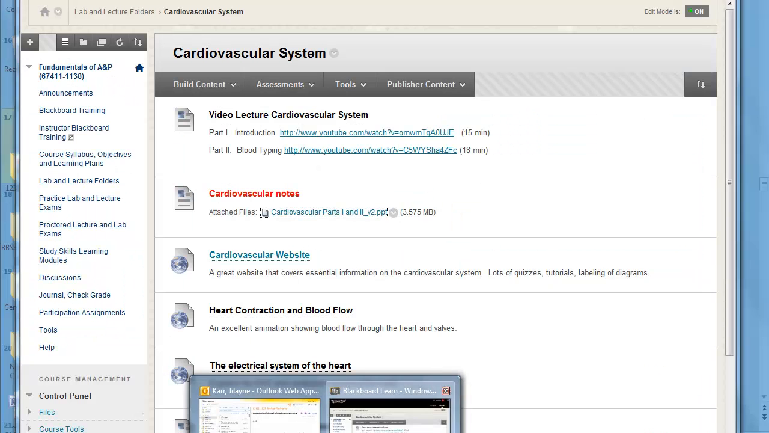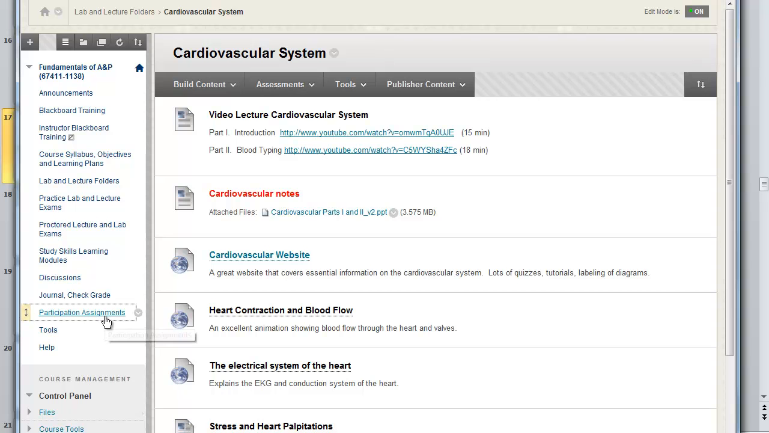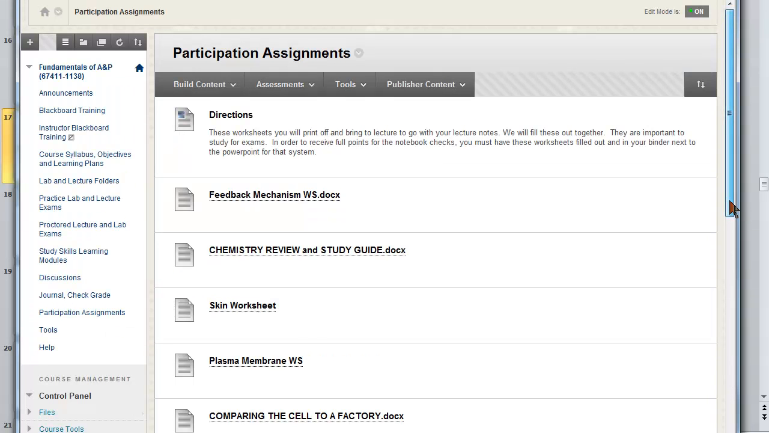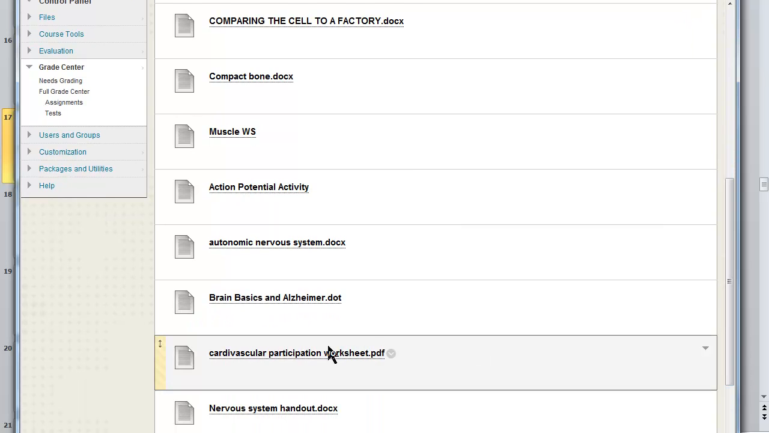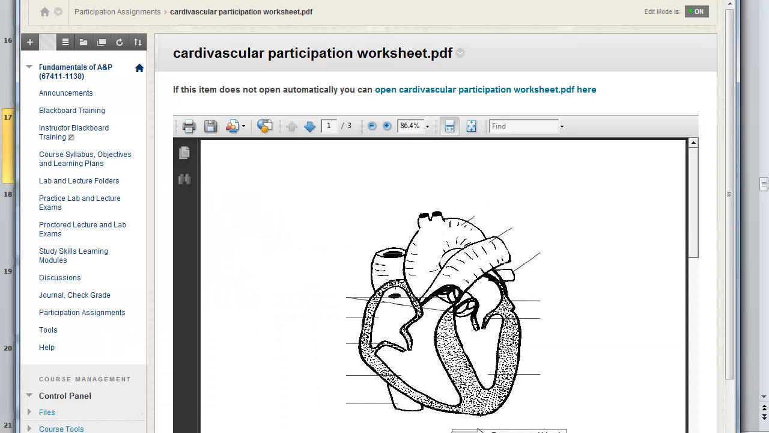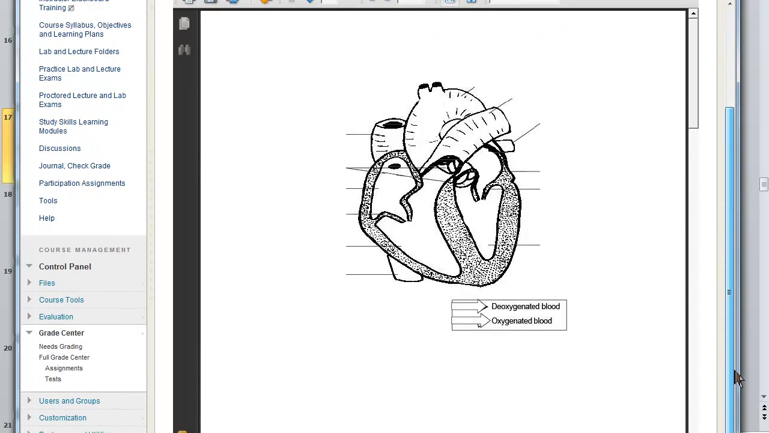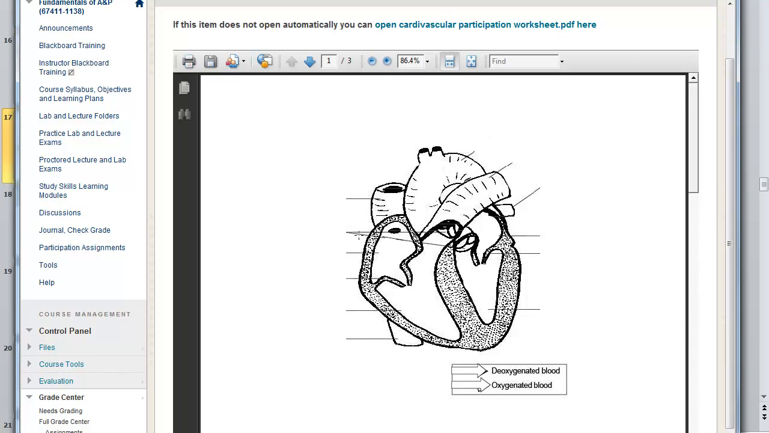Under participation assignments, cardiovascular system, I would recommend that you print this off right now. Pause your computer while you print this, and then you can trace the path of blood through the heart. So the way we would do that is we would draw a blue arrow coming in through the superior vena cava into the right atrium, into the right ventricle, then out through the pulmonary artery to the